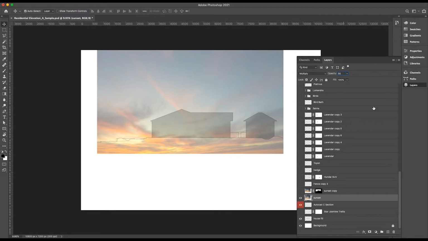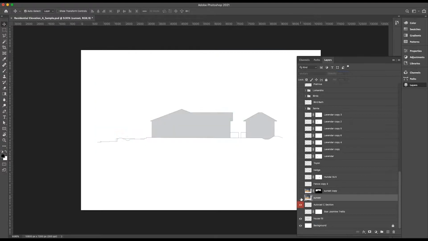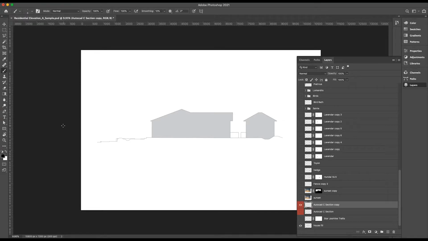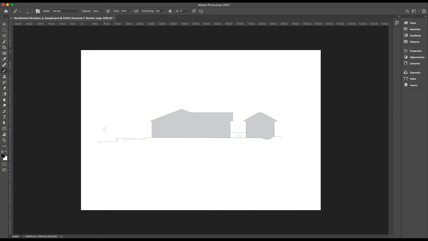All right, so from there, let's just go ahead and turn this off for now. And I go to my AutoCAD C section there. I'm going to duplicate this here, turn off the original, and just keep the section there. Then I'm going to get my brush tool, and I'm going to make the hardness 100, change that pixel to 3. I'm going to go here, and what I'm doing is I'm creating a really nice area